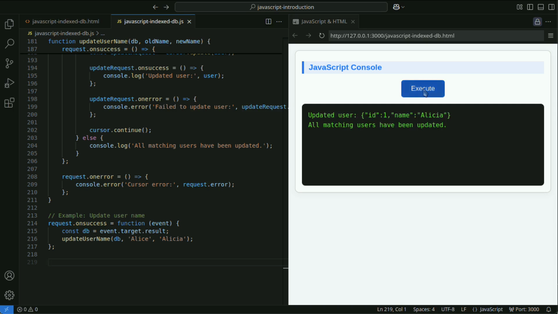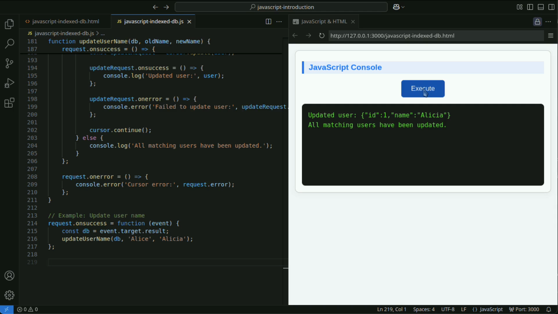By using IDBKeyRange.only, you can target only the records whose key exactly matches oldName. This is useful when you want to access a specific value directly. After updating cursor.value, calling update will overwrite the corresponding record.